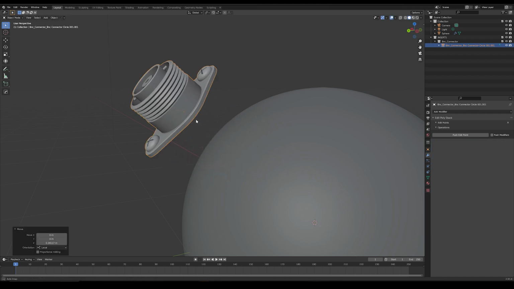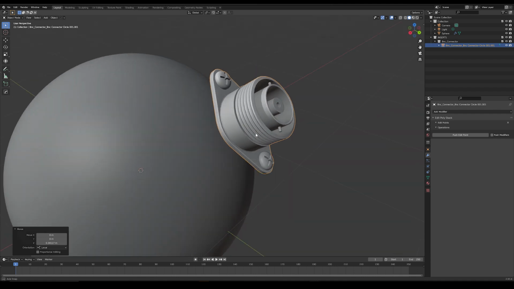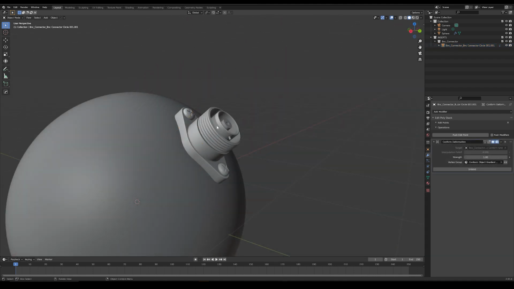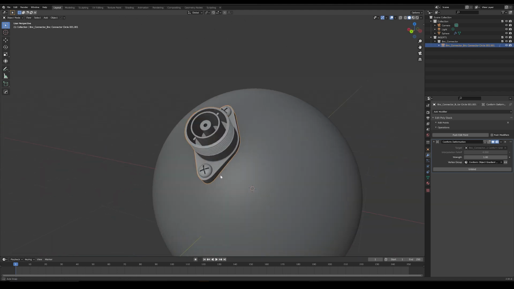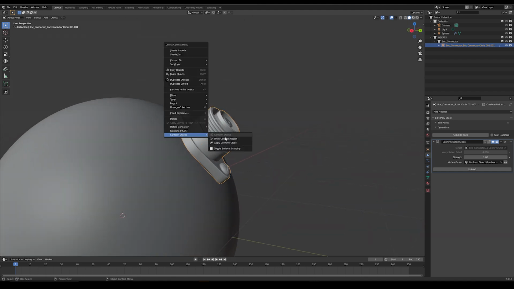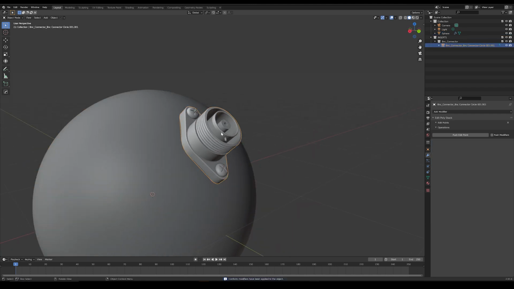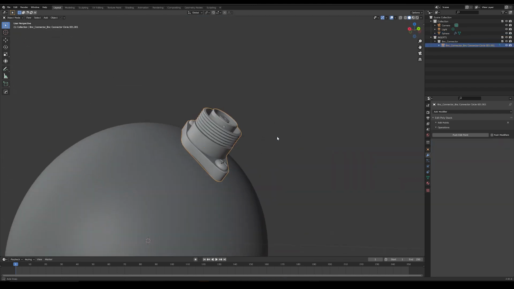This will remove all relevant modifiers created by the add-on and remove the grid object. You might also want to apply the conform operation to the object, which you can do with the option Apply Conform Object. This will apply all the relevant modifiers instead, leaving you with the altered object that you can then